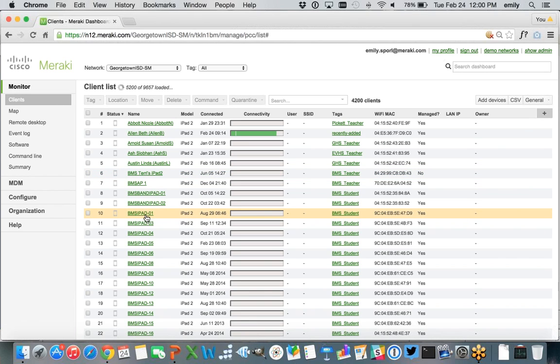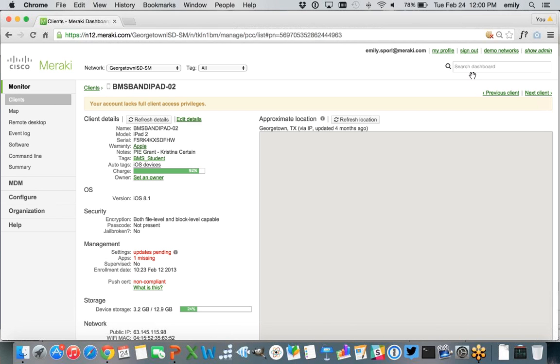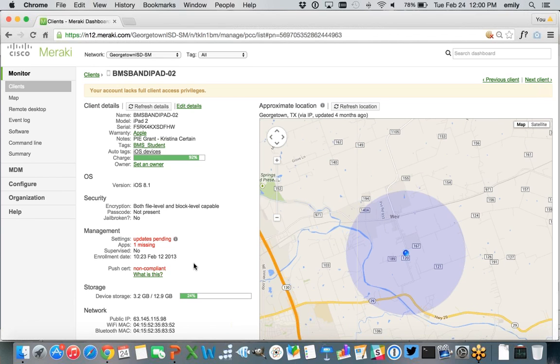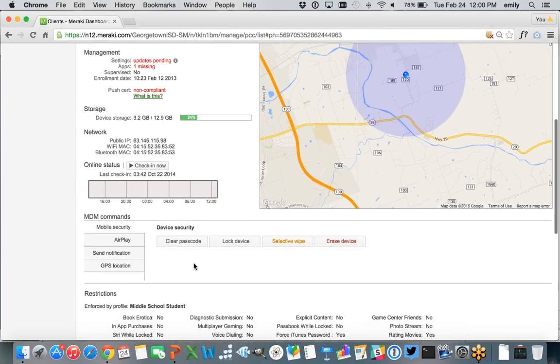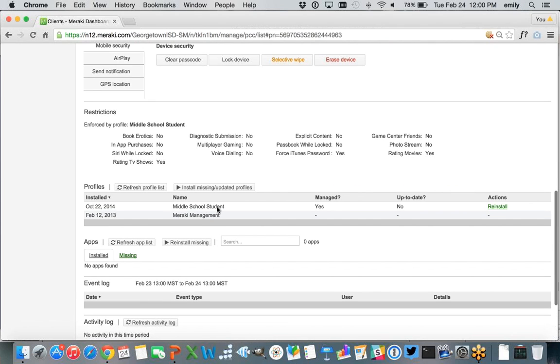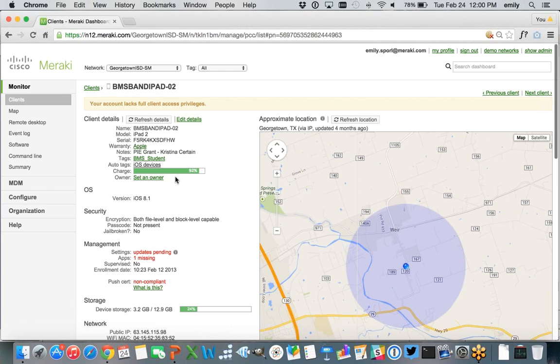So that last connected in August. So you can see that was quite a while ago. And you can see that was 4 months ago. So basically what would happen is you'd say, all right, here's the approximate location of this device 4 months ago, and here's the last known information that we had about it. Of course, it hasn't been online in a while, so it's not showing up, but you can actually see what's on it and go poke around and see what its known configuration was.